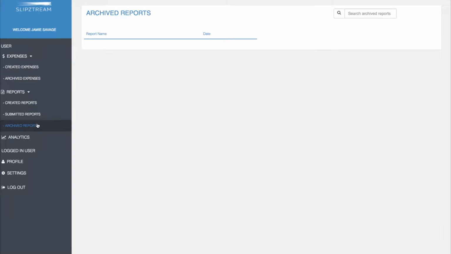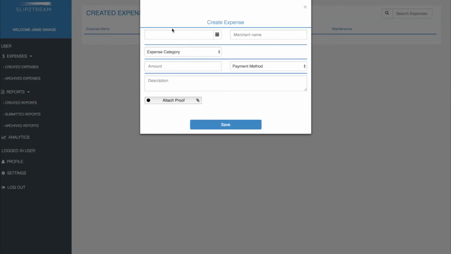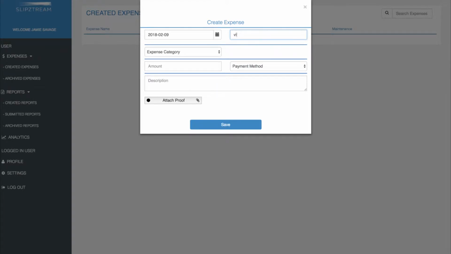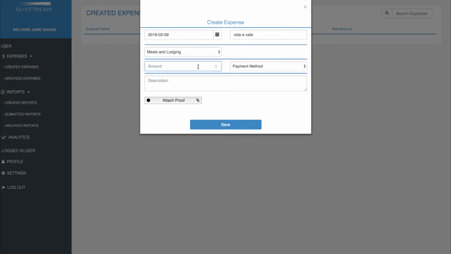Further to that, if we go back up to created expenses, I just want to take you through the various options in terms of editing an expense. So if we go and we create an expense again, and we put in the date, and we put in the merchant name, the expense category, we stipulate whether the claim is reimbursable or not, we put in the amount and the payment method, and the descriptor, and I save the expense,